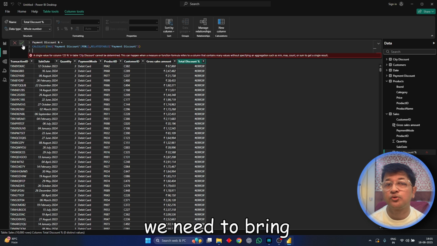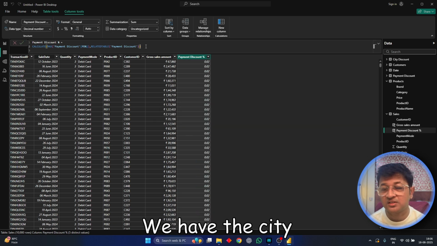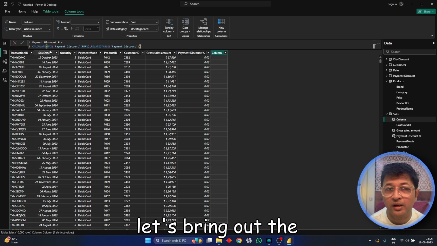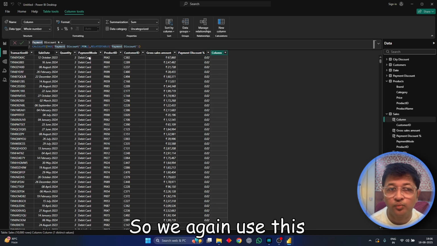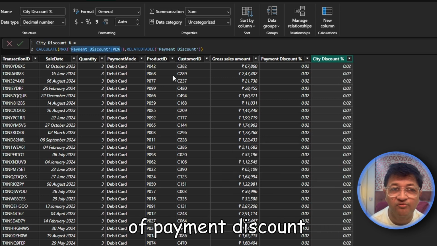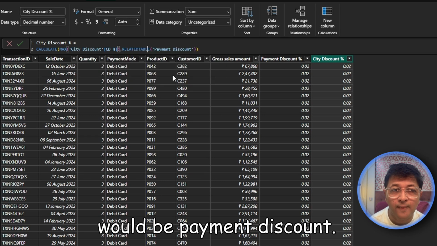And in this column, we need to bring in the discounts. So we have two discounts: the city discount and the payment mode discount. So let's bring out the payment discount. We again use this CALCULATE function wherein we bring the maximum of payment discount, and the related table would be payment discount. And then